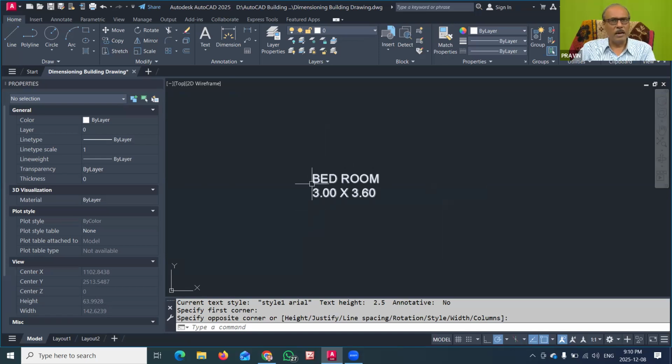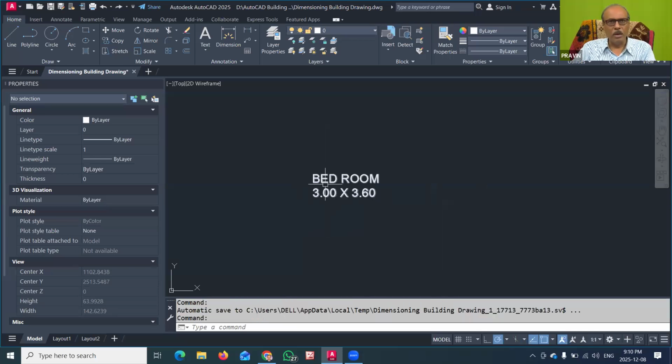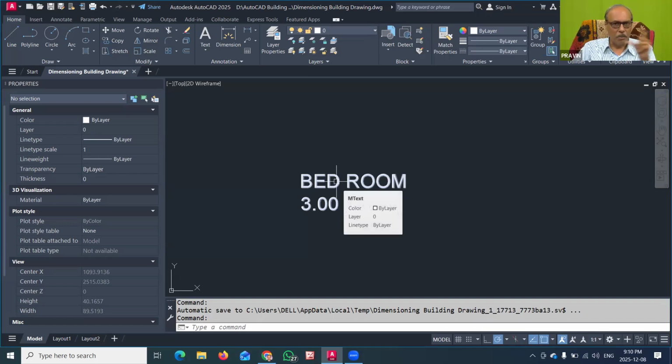You have to remember that the minimum size of the text used in a building drawing should be 250 millimeter. As you may have learned in building drawing, the main heading should be 5 mm, which in our AutoCAD drawing shall be 500 mm. The main heading of 5 mm on the drawing sheet is taken here as 500 millimeter.